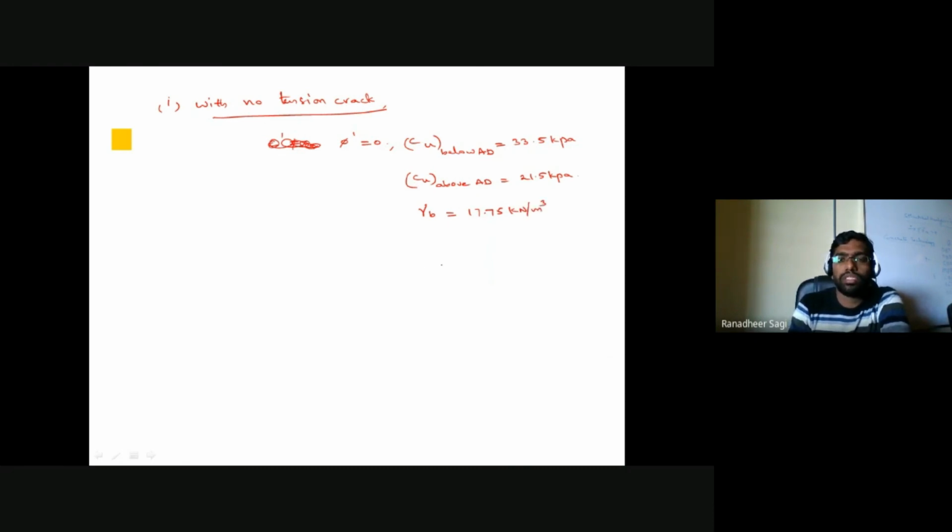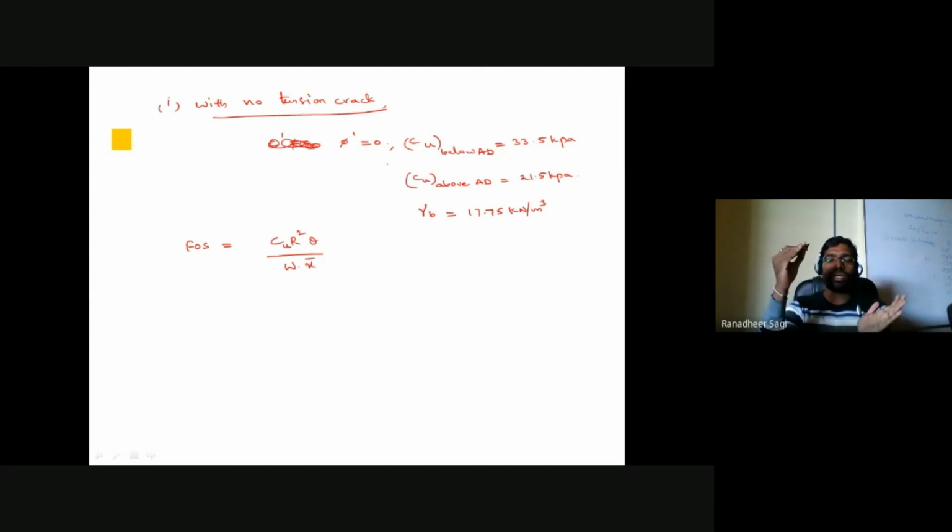Okay, so with this information known, let me first write down the expression for factor of safety. Here in this expression, C is nothing but the undrained cohesion. What does R indicate? R indicates the radius at which your failure surface exists from the center about which the failure plane is defined. Theta indicates the angle you are trying to define within that particular slip surface for that portion of the slip surface. And W here indicates the weight of the soil which is trying to undergo the failure. And X bar indicates the CG distance.